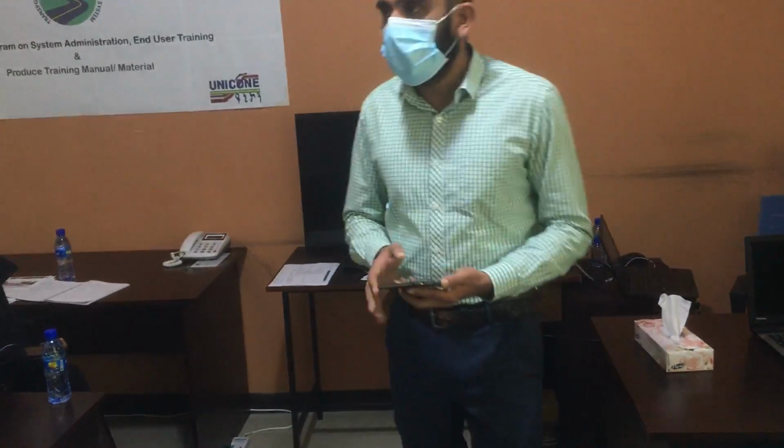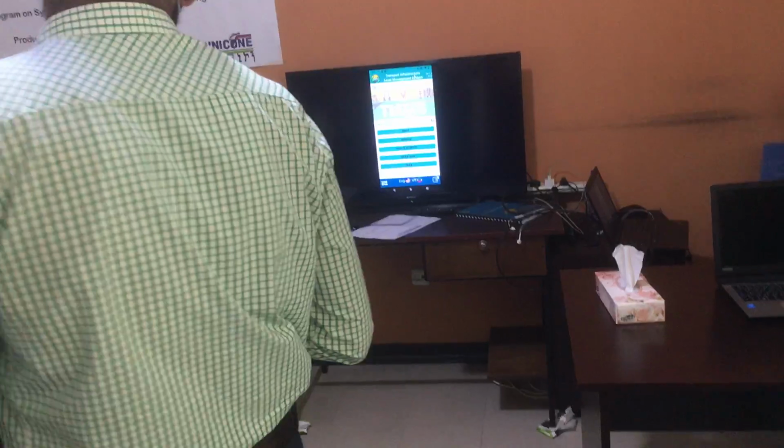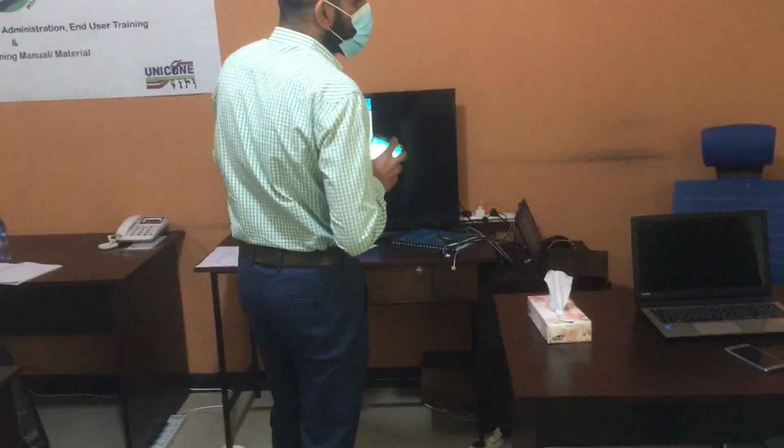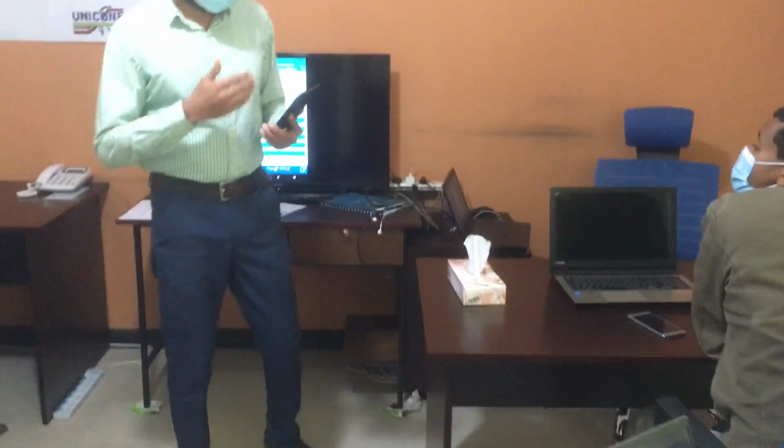So I can say that inside this TMS mobile application there is a small built-in database available. Once we click on that button, that small database will be pumped from the centralized database.